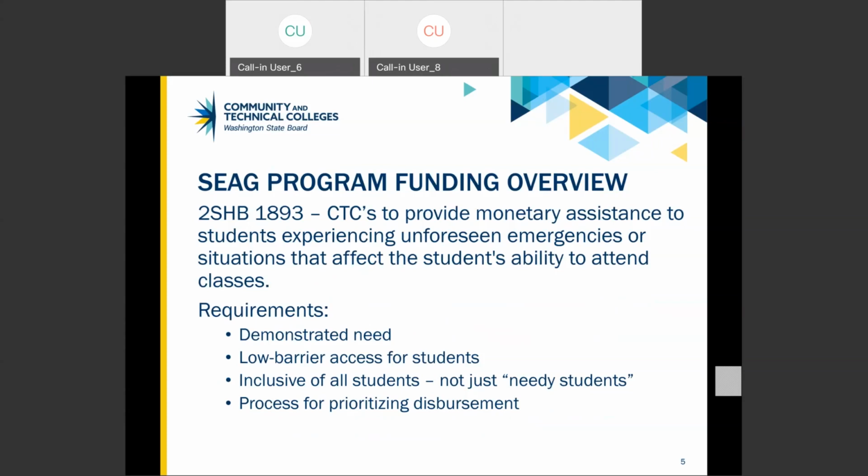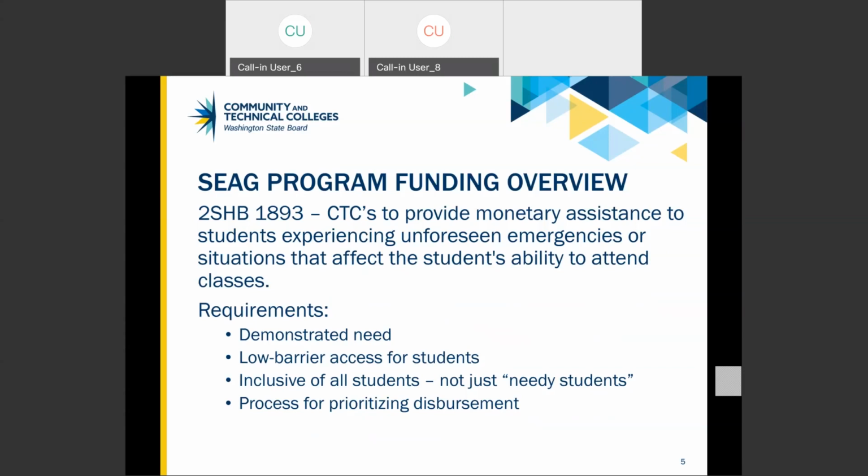This is a 2-year funding cycle, and funds will be allocated to the selected colleges. Funding awards will be based on the amount of resources available and the number of qualified applications approved for funding. Competitive applications must demonstrate need, which may include showing demographic data on student income levels, students experiencing homelessness or food insecurity, and other factors. Ensure that students' access to emergency aid funds will be as low barrier as possible. Allow flexibility in who may apply for funds and include students who may not necessarily meet the definition of needy student, but who may be experiencing emergency situations,